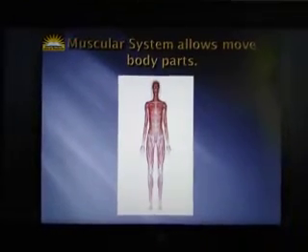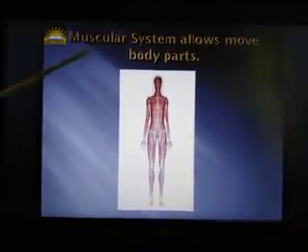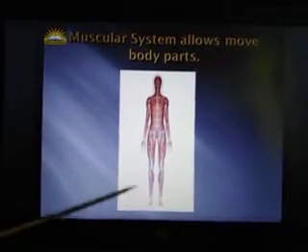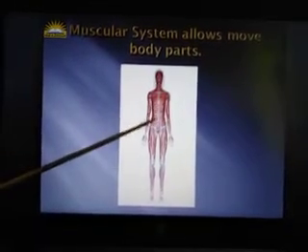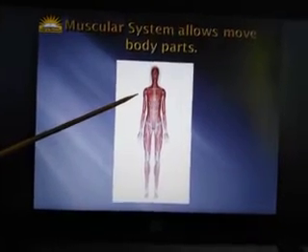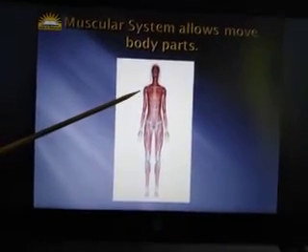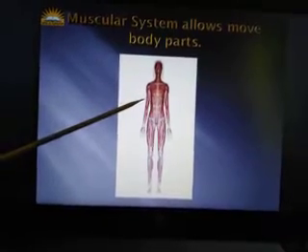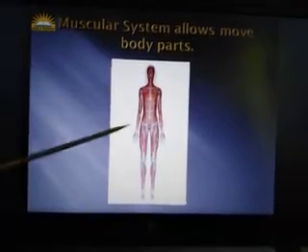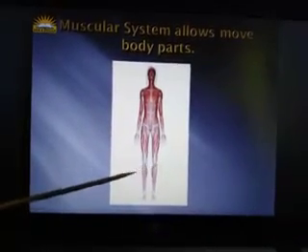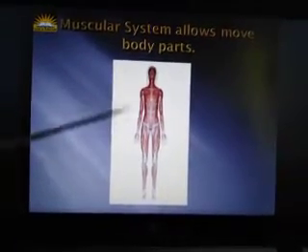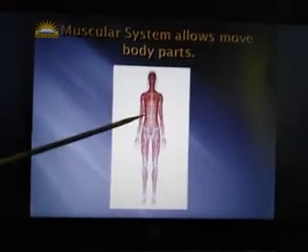The next system is muscular system. Muscular system you are going to study for the first time in this class. You can see this red colored figure, and this red shaded part in the figure is basically showing the muscles of the body. Muscles are the flesh, meat you can say, in between or surrounded around the bones, and muscles basically allow us to move the body parts. We can move our arms, bend our arms, our legs, we can sit, we can lie down, we can bend down. It is all because of this muscular system, these muscles.